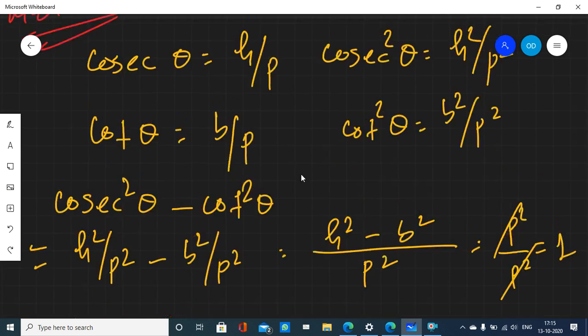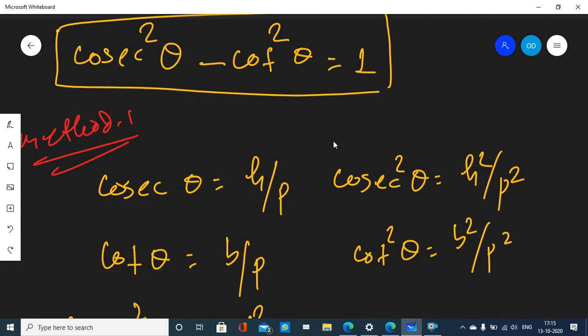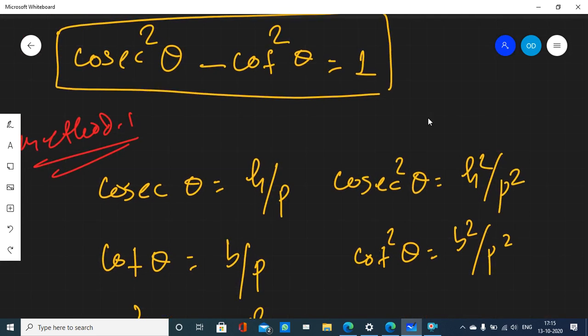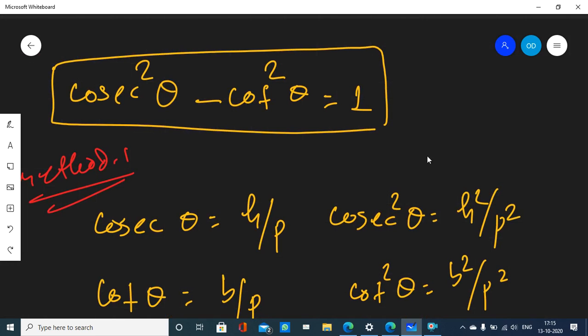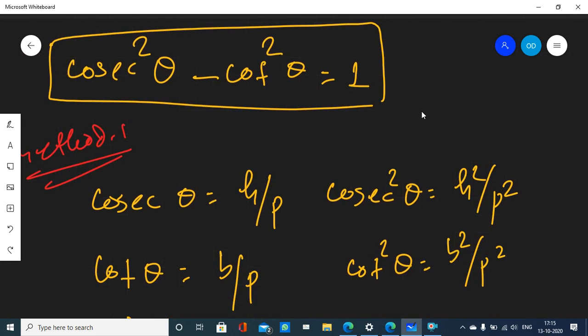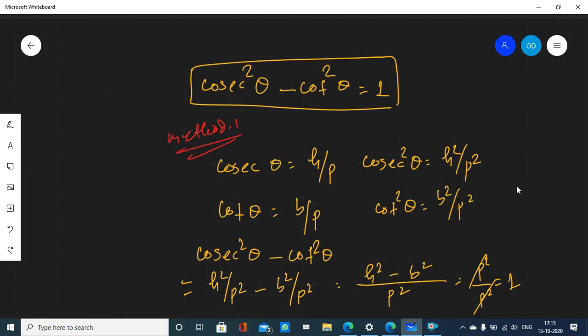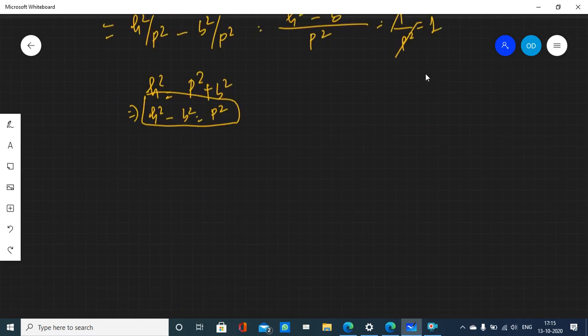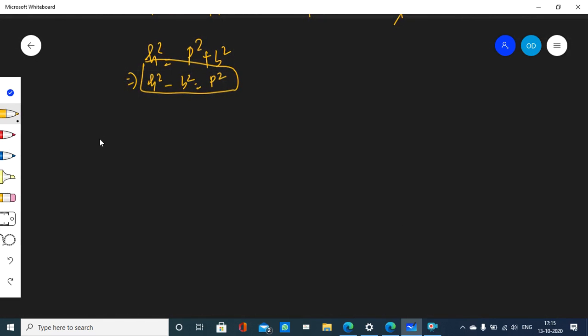So this is the proof. Actually, this proof is very simple. So it is very easy to understand. That is why we always explain this in this method. So take the screenshot, and no, let me just do it in method 2. Then only we'll take the screenshot.